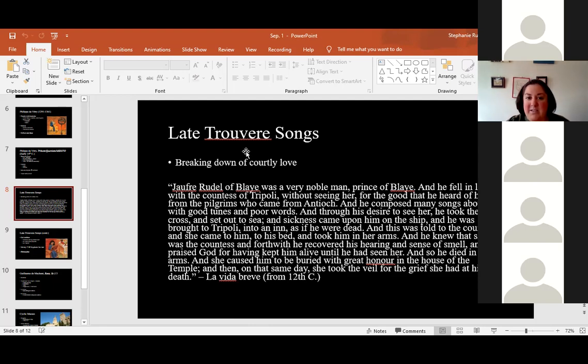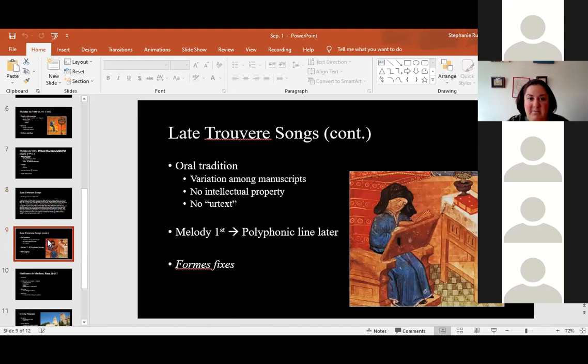In the 14th century, this stereotype breaks down. We no longer subscribe to courtly love. So what we want to remember about these late Trouvère songs is that these are still being passed down orally. So it's the spread of an oral tradition. And so we do see some variation among manuscript sources and disagreement about what the real